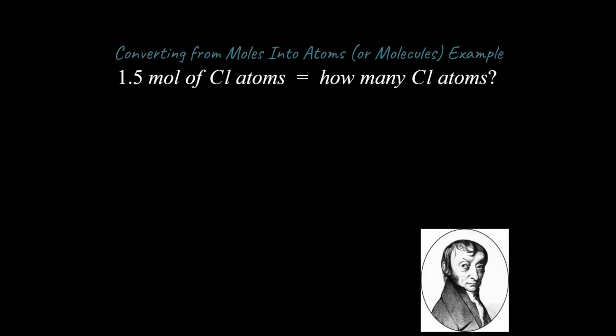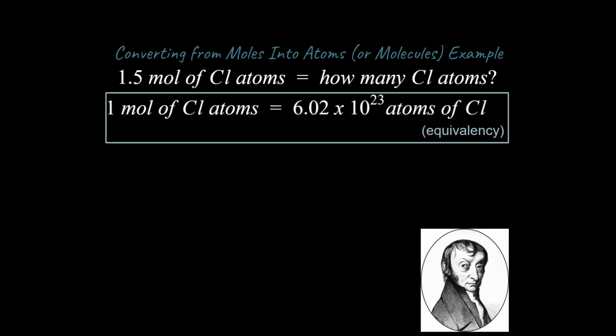Alright, so let's do nearly the same problem. So 1.5 moles of chlorine atoms is equal to how many chlorine atoms? Well, similar to what we just went through, we're going to write our equivalency. And here's where things get a little bit different. 1 mole of anything is equal to this astronomically large number, 6.02 times 10 to the 23, of that thing,